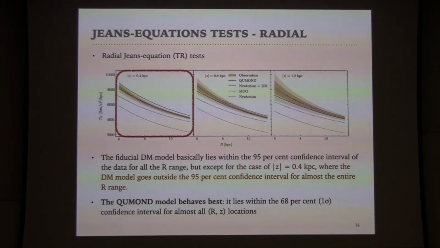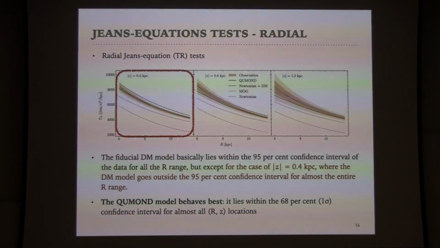First of all, we look at this radial direction. The TR monotonically decreases with R, which just reflects the trend of decreasing magnitude of radial acceleration along the radial direction. On the MOND side, the Newtonian model falls below the observed radial acceleration for all the locations. The fiducial dark matter model mostly lies within the confidence interval for the entire range, but except for at a